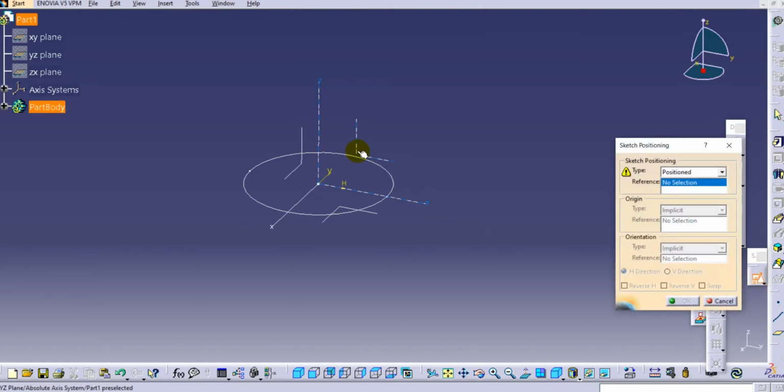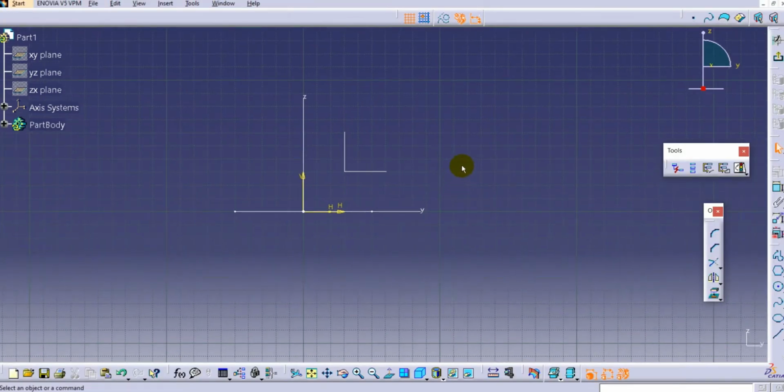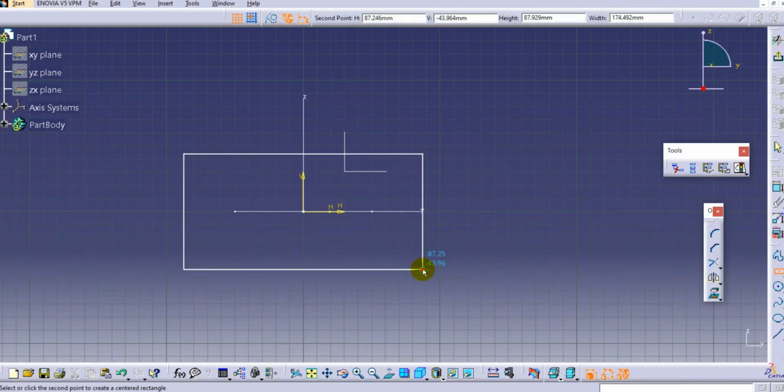Again, sketch on the front plane over here and click on OK. And here we will create a rectangle. Just create a center rectangle. Again, here provide the dimensions.